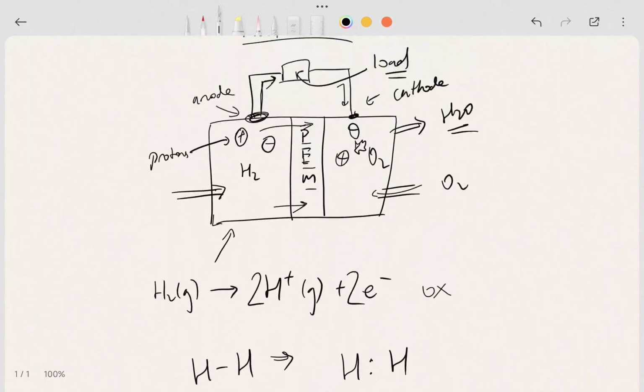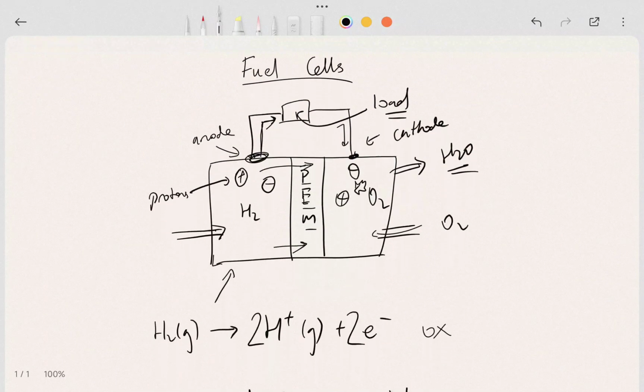Well, now we need to talk about the significance of the fuel cell. And one of the huge advantages of using a fuel cell here is the fact that there is no major loss in energy. For example, if you were to convert the combustion of hydrogen gas and oxygen gas to produce electricity through a combustion engine, it will only have about, I don't know, about 20% efficiency, at most 20%, because first you need to combust hydrogen and oxygen gases,